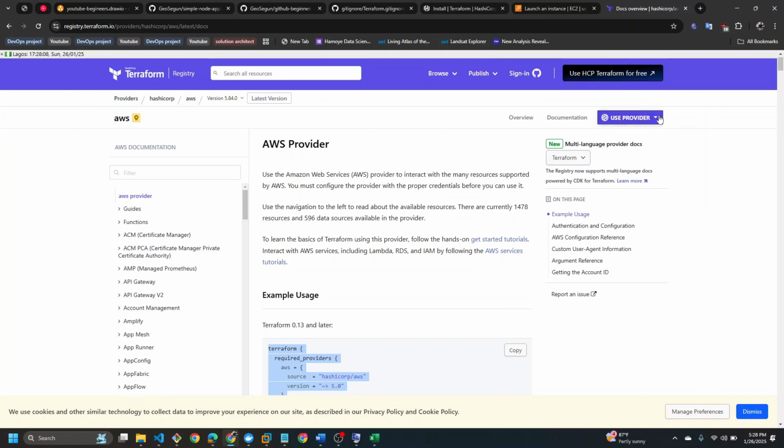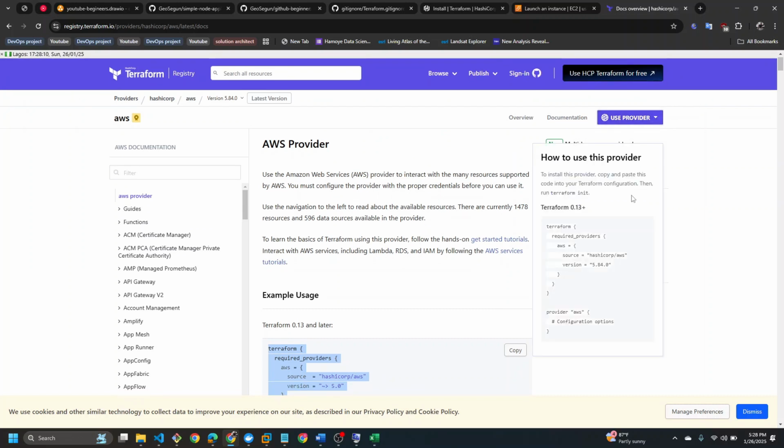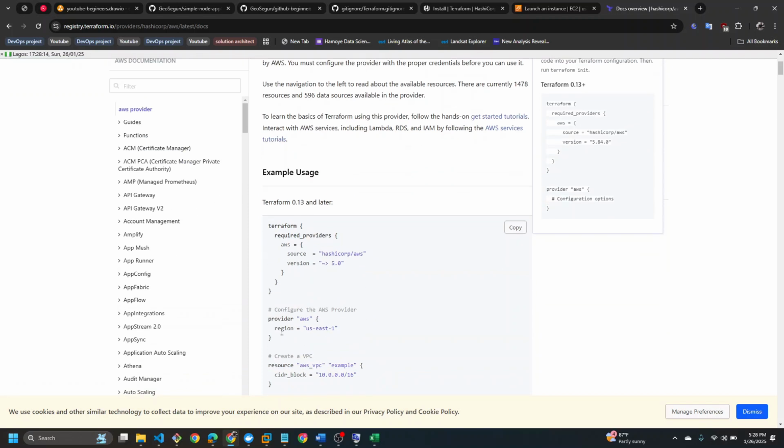You can choose your provider here, say use provider. Perfect, we're using AWS. So we just copy this, then go back to